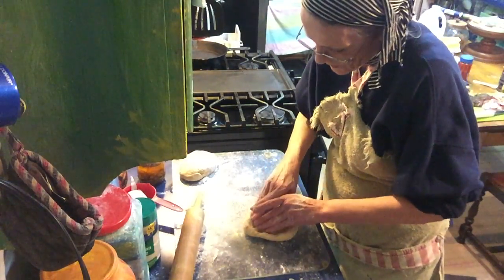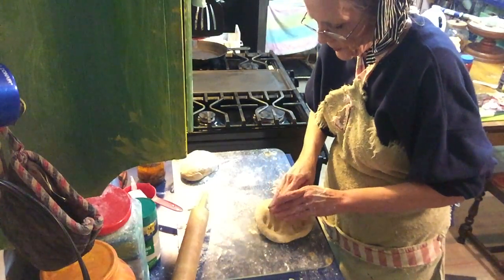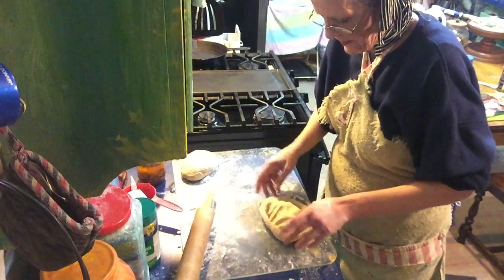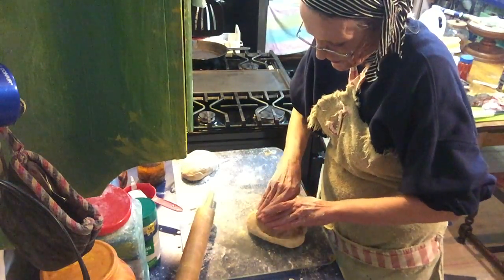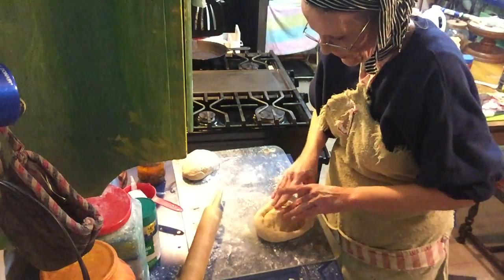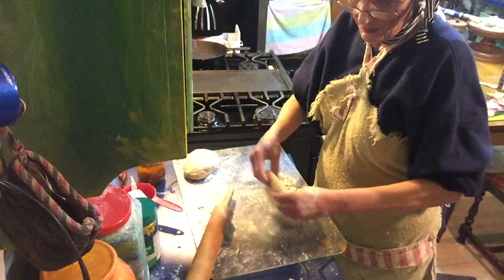And so you put it down, and when you pull back, it kind of rolls the dough, so it gives you that perfect crust edge, like that. Down and back, and down and back. Okay, you flip it over,